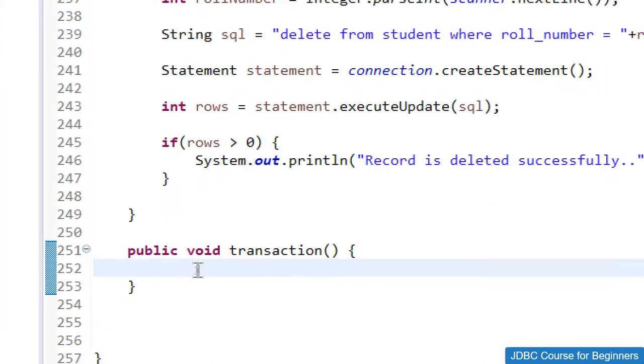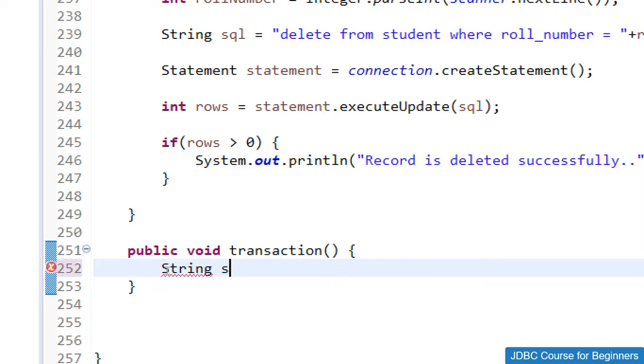And again let me go inside this transaction method. Over here we just need to understand the transaction. We have already seen the definition of transaction, and in simple words, what the transaction exactly is. So over here, let me try to explain with one scenario. Let's suppose I have multiple operations, like I have an insert operation and I want to insert 2 rows in a table.